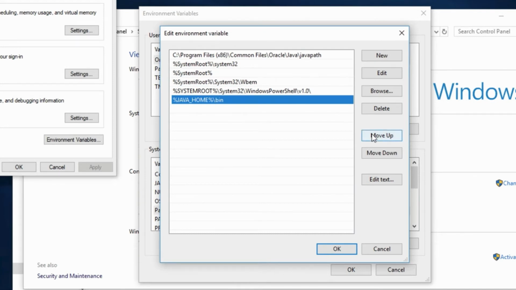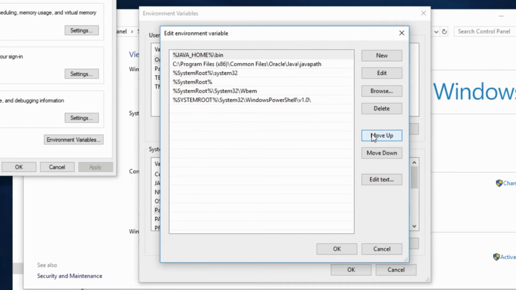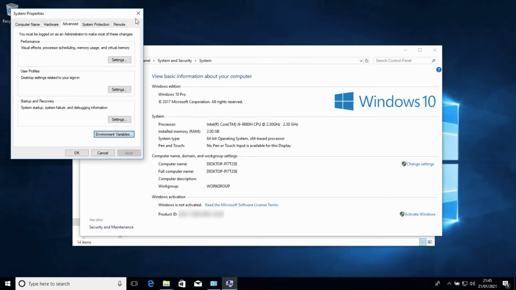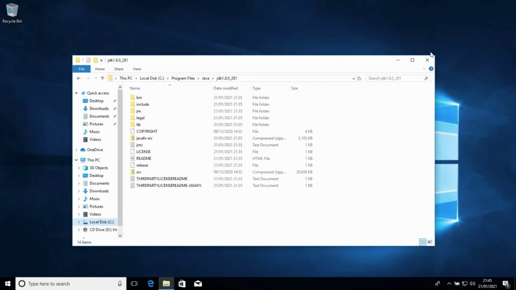And when it finds wherever the command exists, then it will execute it. So we're just going to move this up a few times, and that means that the first place we're telling Windows to look is definitely going to be in this JAVA_HOME\bin directory. The reason is that, unfortunately, Windows actually comes with a JRE to be able to execute Java in the browser, and that's stored in this path here. By putting this JAVA_HOME\bin before that, we're going to get our version of Java, which is part of the JDK we've just downloaded. So if we click OK to this, and OK to this, and close some of these windows,